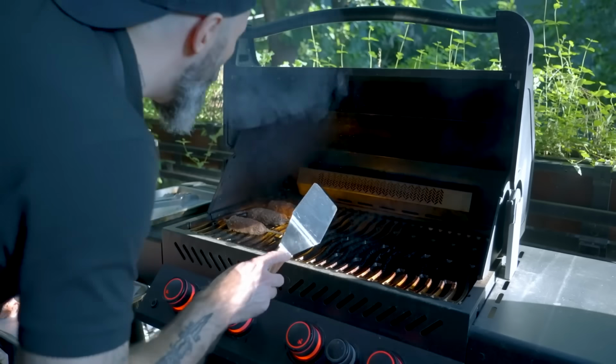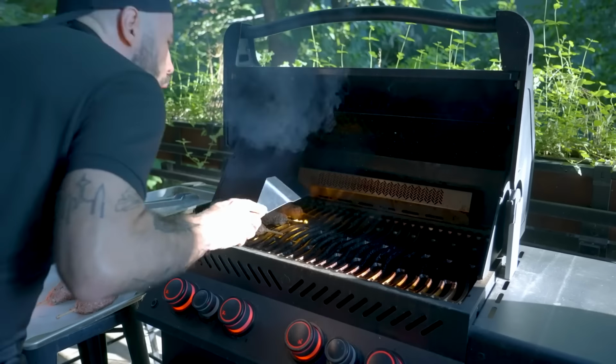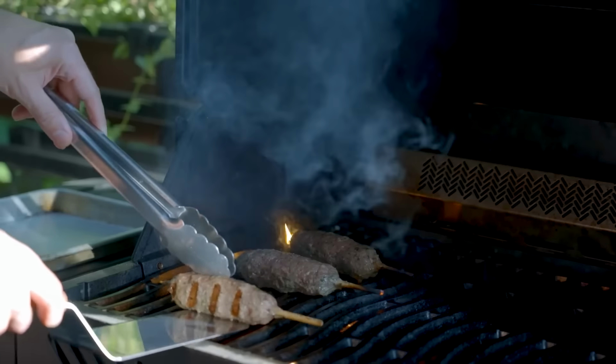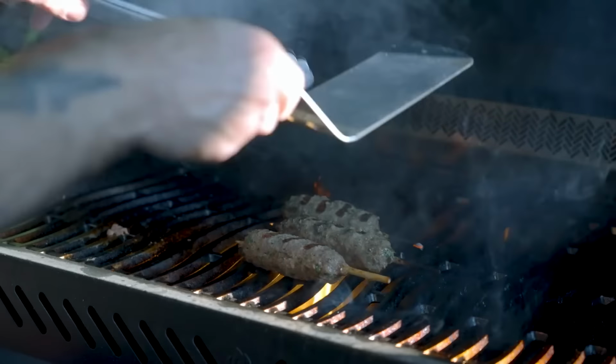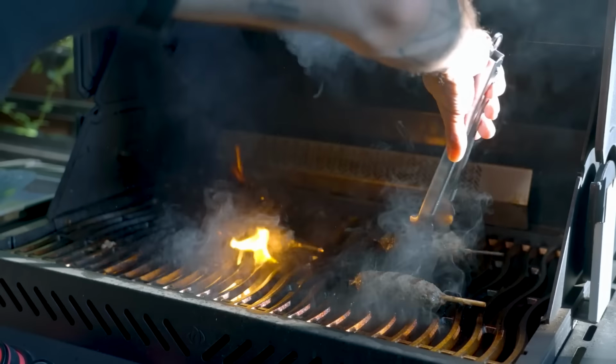Turns out even if you soak your sticks, they can still definitely catch on fire, so try to place the meat directly over the flame and let the stick hang over the cooler side of the grill. I'm giving these guys a flip and repositioning them so they don't continue to be on fire. I'm going to give those another 2 to 3 minutes until I get some good grill marks, and then we're scooting things over to the cooler side of the grill,